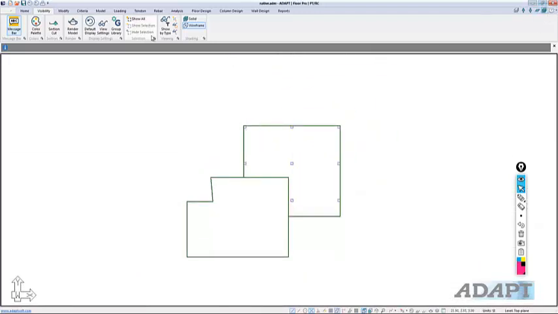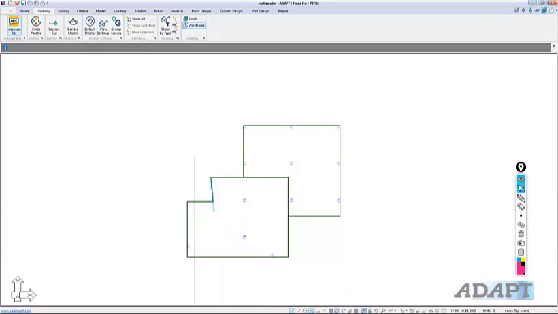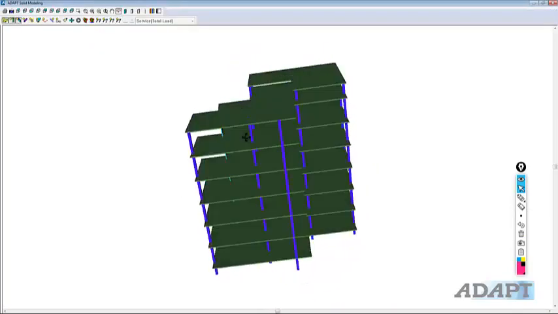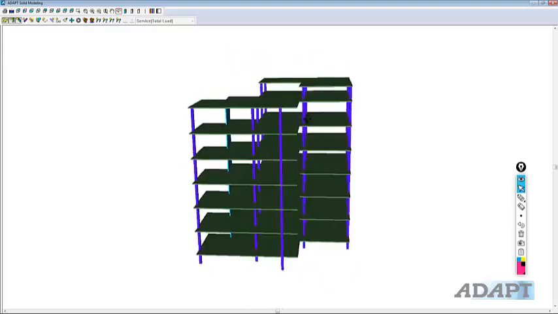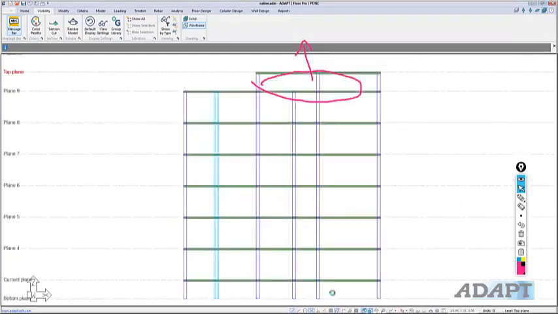I'm still working in multi-level mode. If I go back to default display, it's going to show everything. And we'll go back to the render model. Now we have something that looks like so. And I want to copy this level now up to the remaining 2 or 3 levels that we created for the model. Okay, so I'll go back to a side view